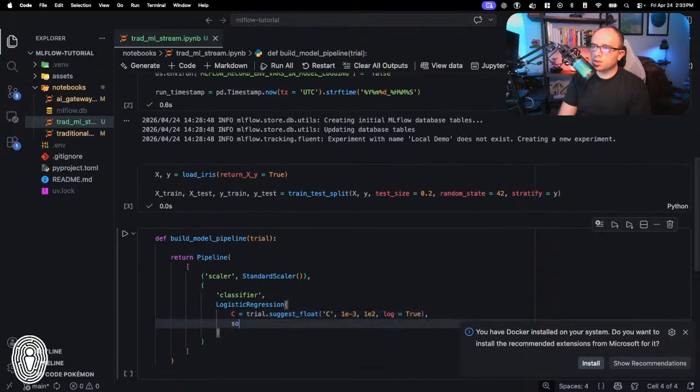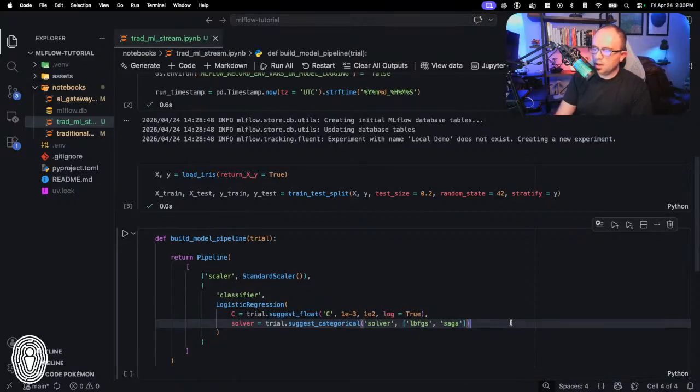And then we're going to say solver equals trial.suggest_categorical, and then we're going to say solver. And then we're going to test either lbfgs or saga. Let me get this message out of the way here.